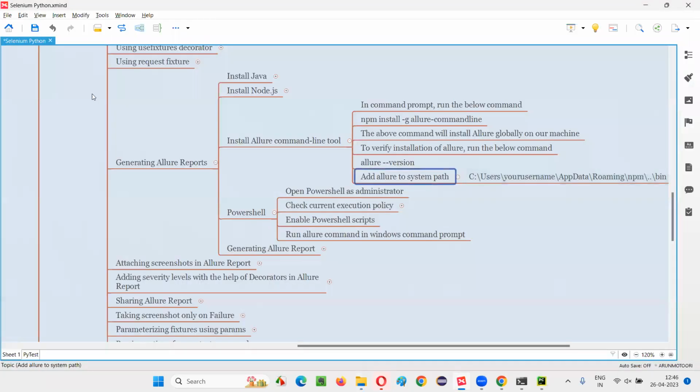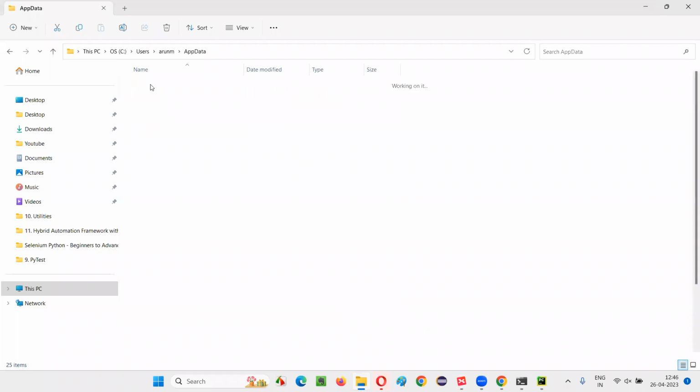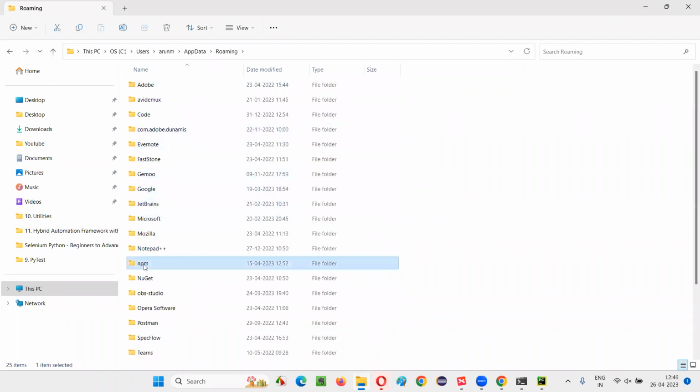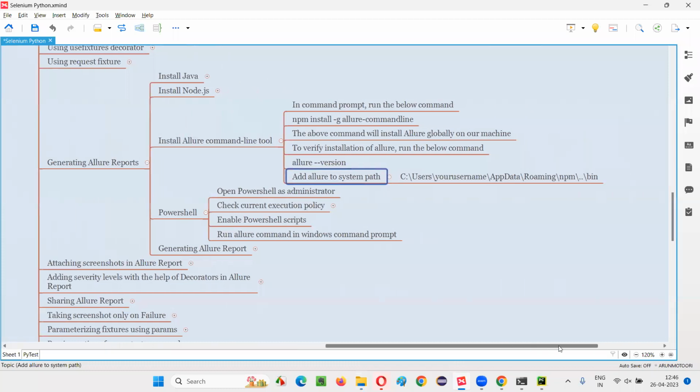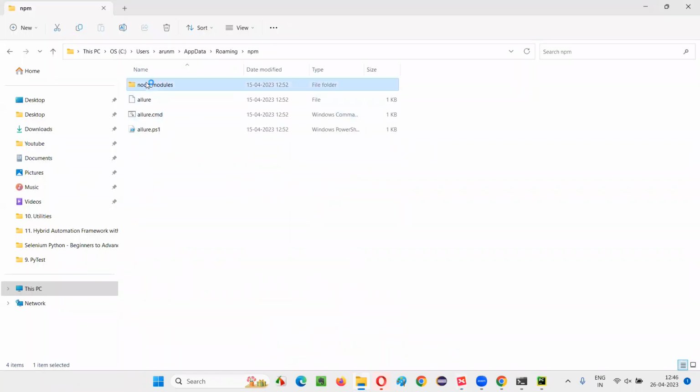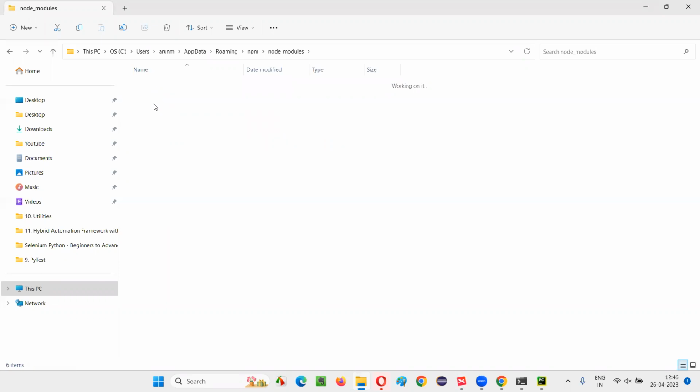Then after that, we have to go to Roaming, I guess. Roaming, npm. Then we have to go to npm. After going to npm, till the bin folder we have to go. It's not under node modules, it's the Allure command line in the bin folder. Okay, this is the path we have to copy